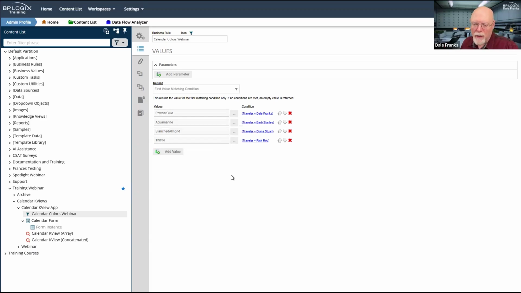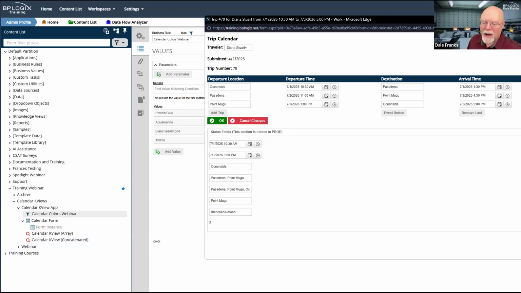Technically, I could return the hexadecimal color if I wanted to, but it's just easier to understand if I just choose the named color, and that's what I've chosen for this. So that's how I get my value in this color field. It just takes whoever the traveler is and returns the appropriate color for my field.